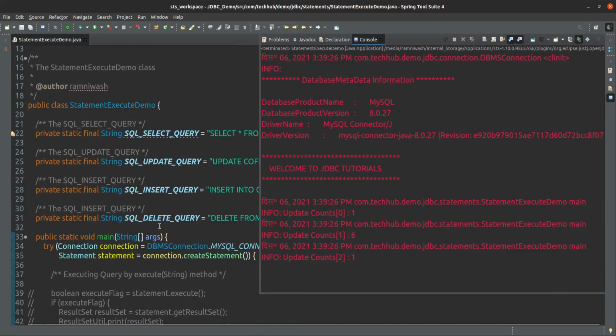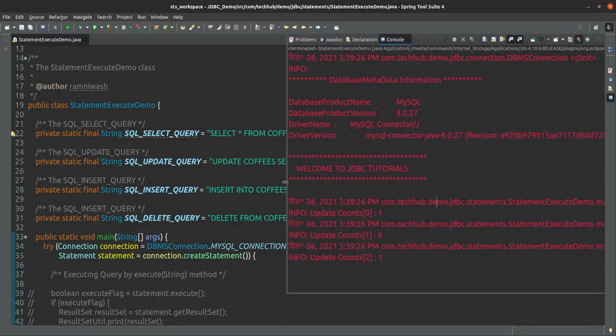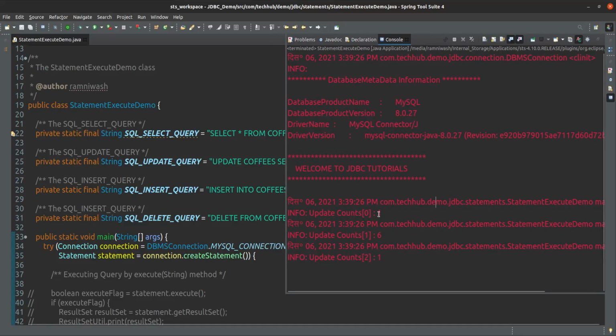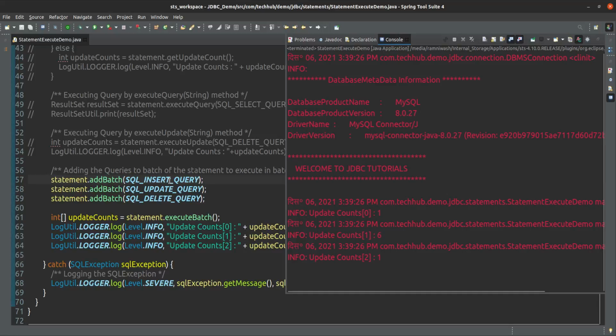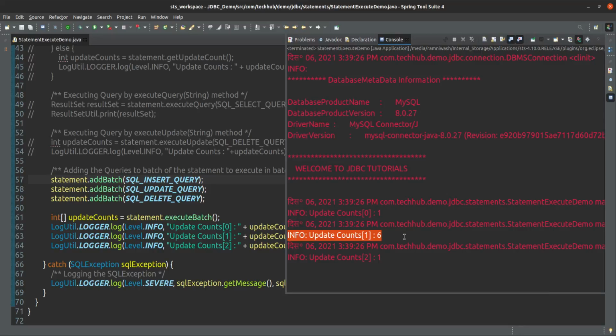In this coffee table 5 records were already there and one we have inserted, so total 6 records. So the update statement is affecting 6 records. That's why 6 is coming at the second position.